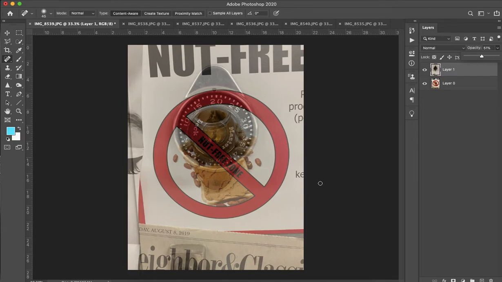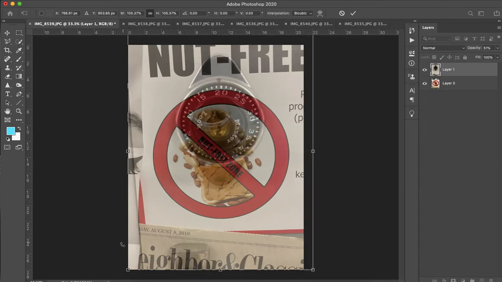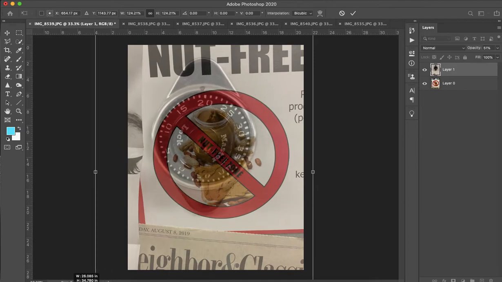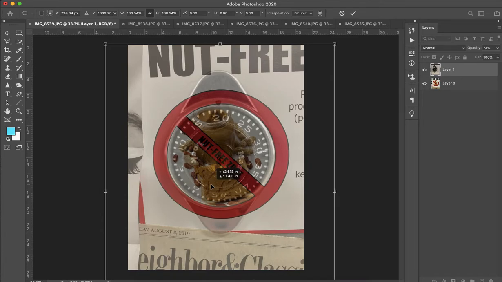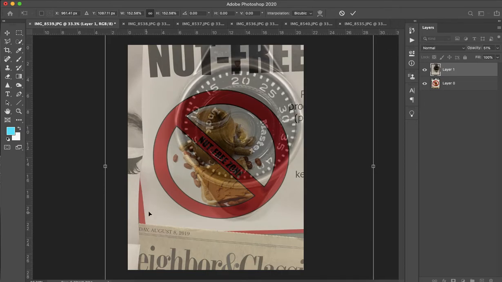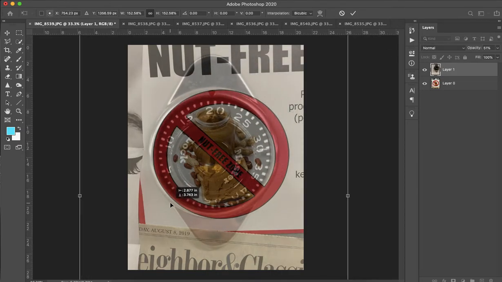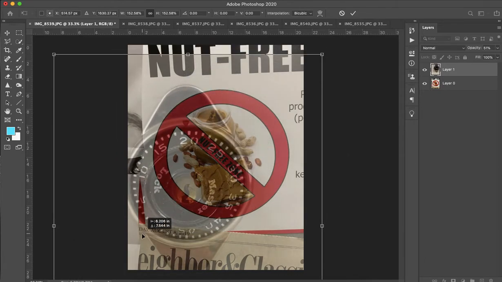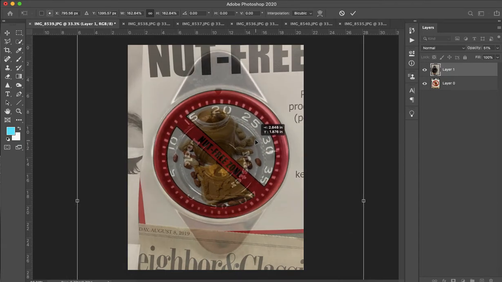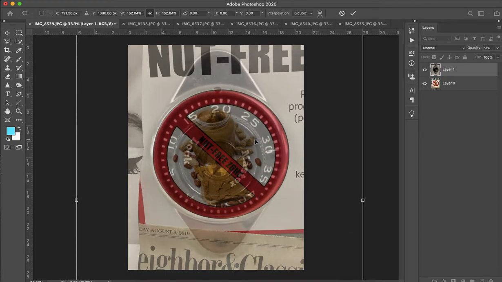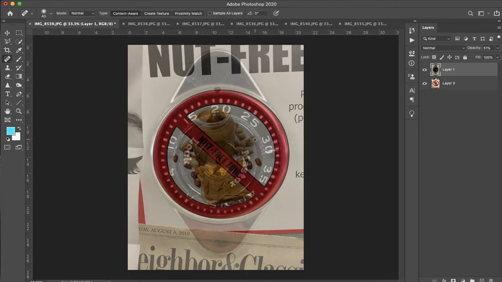And so now I'm going to go to Command T. Command T, when you drag the corners, will make your image bigger proportionally, all right? So you don't hold down on the Shift key. We used to hold down on the Shift key, but we don't do that anymore. We want to drag our image until the outside of the lock matches up with the outside of my red circle. So I'm going to have to drag that around a little bit, make it bigger, move that into place, boom. Once it's looking pretty good and pretty close, I am going to double click on my image,